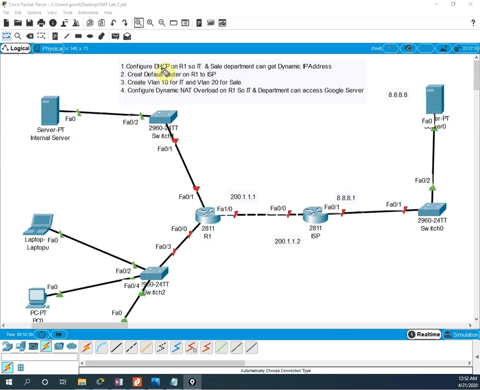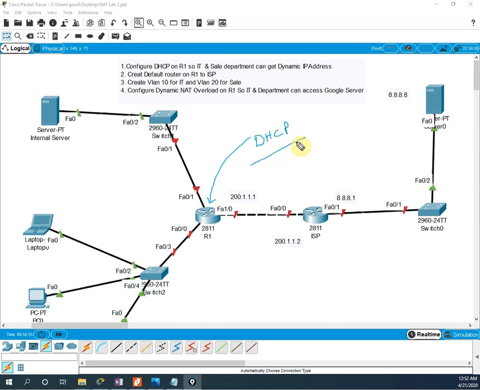So let's see what is given in the question. First of all, configure DHCP on R1 so the IT and sales departments can get dynamic IP addresses. So what he is saying is we need to configure DHCP in this router. You know what DHCP is?